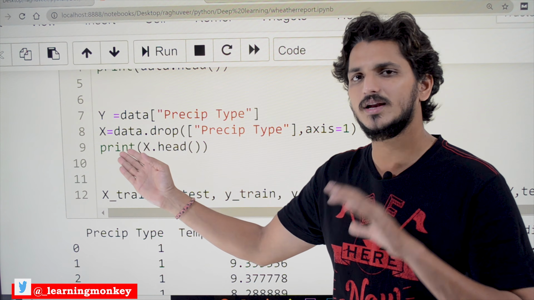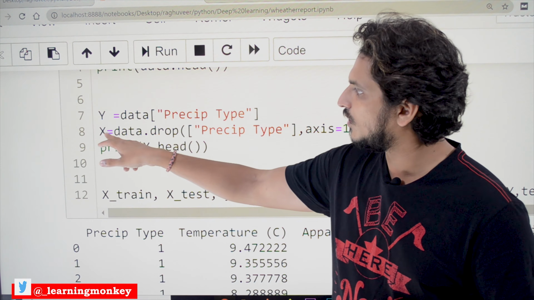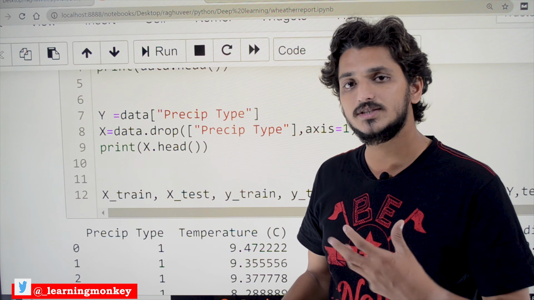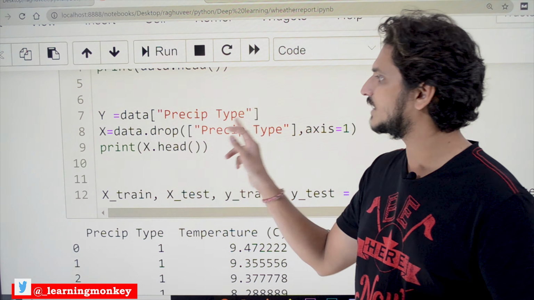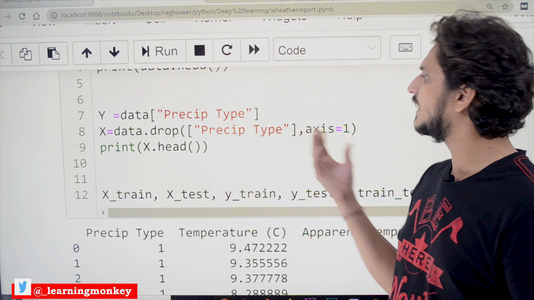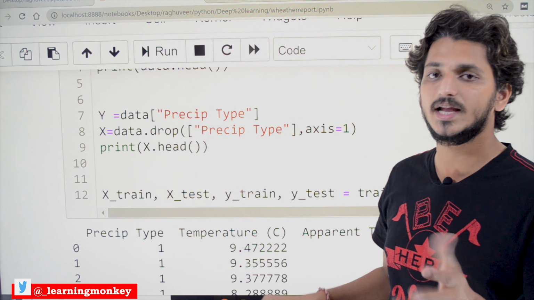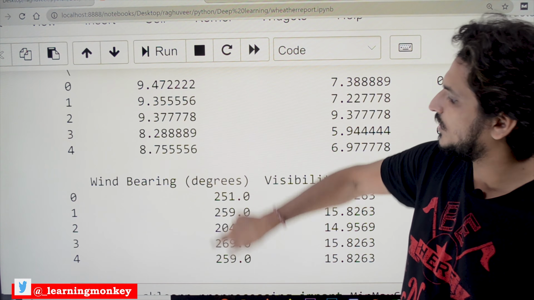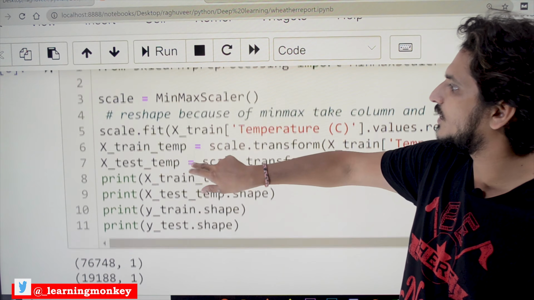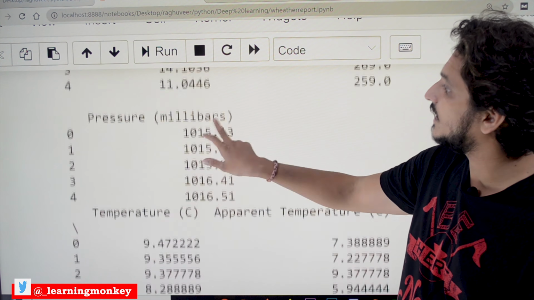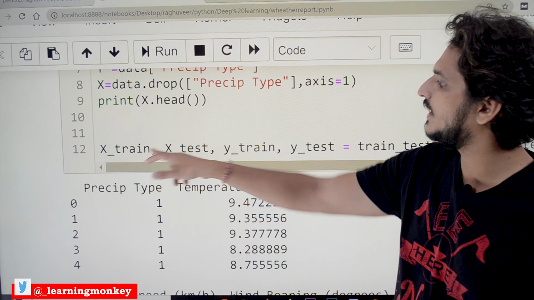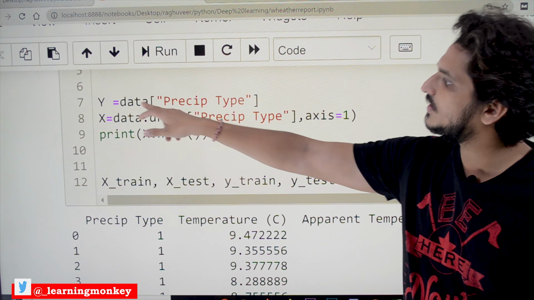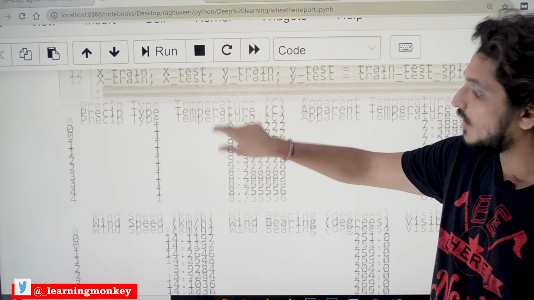All these concepts were clearly discussed in our machine learning. So x is taken as input and y is taken as the output. The only column that consists of output is precipitation type. Other than precipitation type, all remaining values come under x, which is taken as input. So we just displayed the input. After that, we split our data into training data and testing data. In the same way, the output is divided into y train and y test. Based on that, we have to train the model.